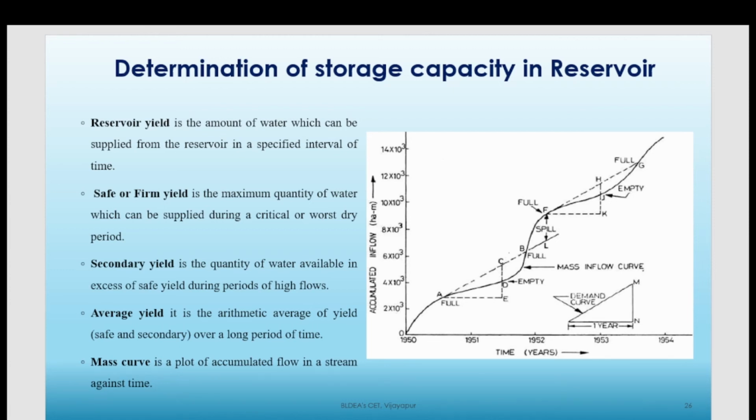First of all, over a period of time, we'll collect all the discharge data at a river or at a stream. All those discharge data will be cumulatively added up, and then it is plotted. So this is some curve that I got. What it basically represents is the increase due to rainfall. As you can see from here to here, because of the rainfall, the discharge is continuously increasing.